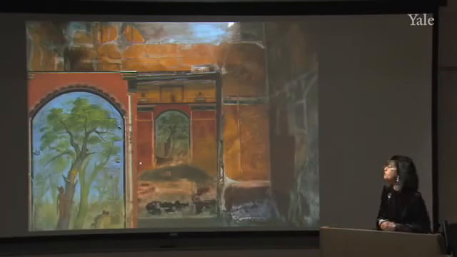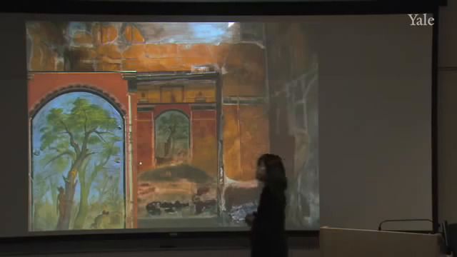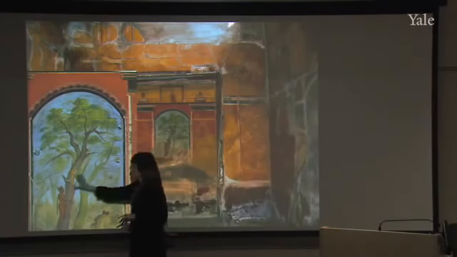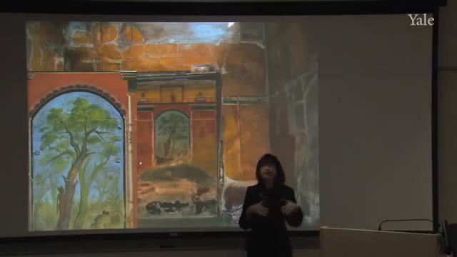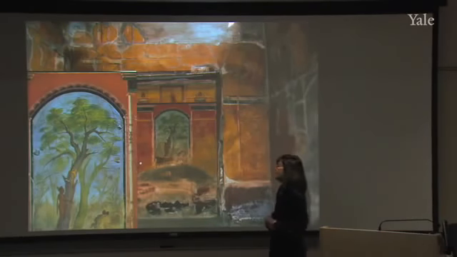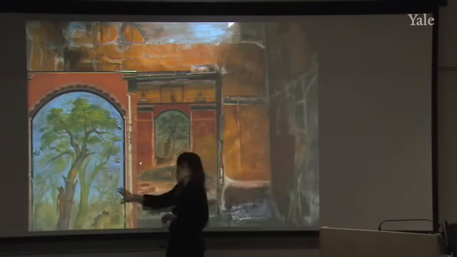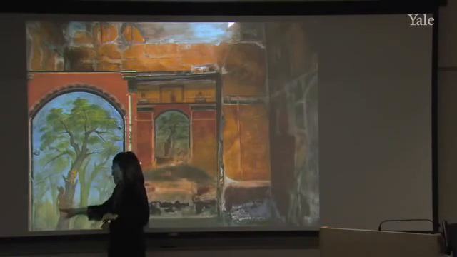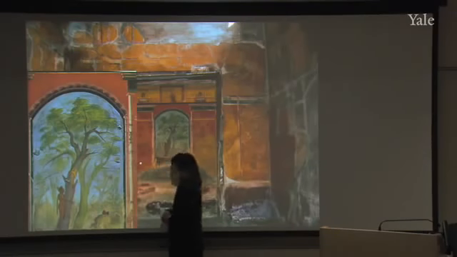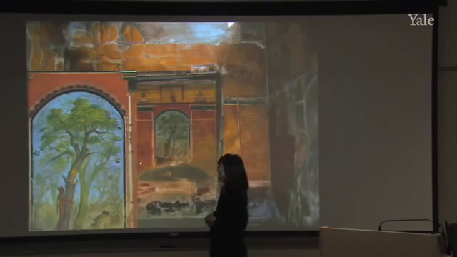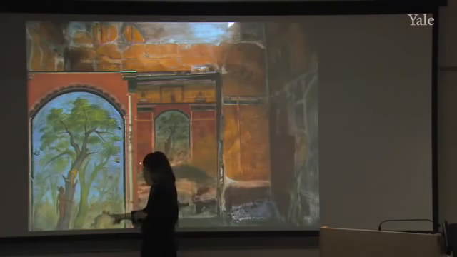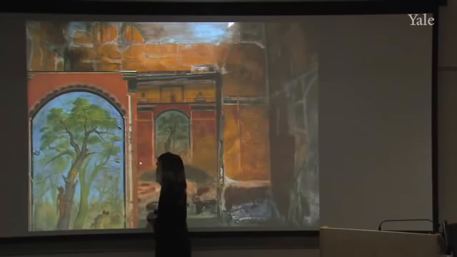I think I can also illustrate that better here by showing you a detail of that central panel. That central panel, by the way, represents not something that one would be likely to see outside the window of one's house, but rather a mythological scene which represents the legendary hero Hercules. You see him over here. Hercules, and in fact Hercules has just finished the last of his 12 labors. And he has brought back the apples of the Hesperides, which you see sitting on a rock over here. And so he is celebrating the last of